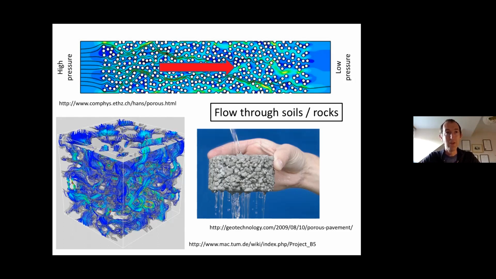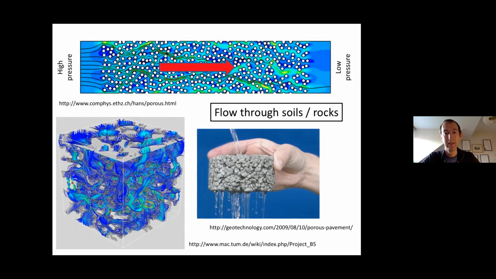And again, on the bottom left, you can see an example where someone solved the three-dimensional flow field through a piece of rock. This is interesting and potentially quite useful, but it means that it's immensely complicated trying to understand the flow patterns, and the detail we don't really care about a lot of the time. If I'm interested in a stroke, I don't greatly care about every single capillary vessel in the brain. So what we want to do is to characterize the behavior, and that's what I'm going to come back to in a moment. So we want to characterize the behavior of this rock, or in our context,